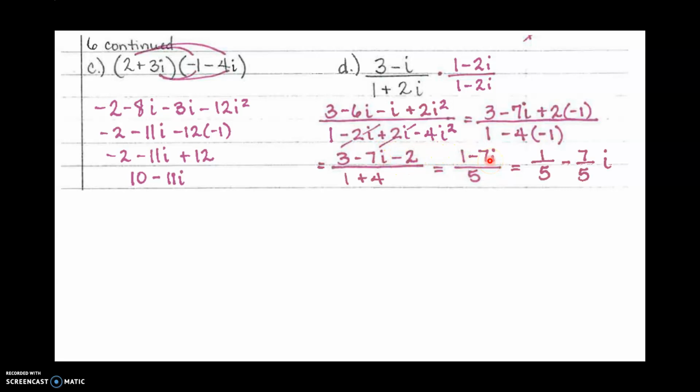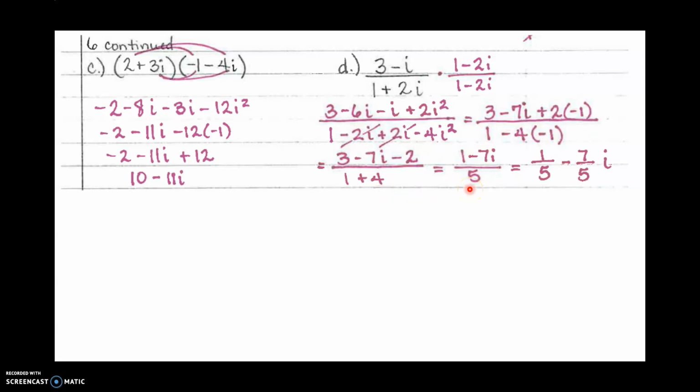All right, let's see about FOILing the denominator. So 1 times 1 is 1. 1 times negative 2i is negative 2i. 2i times 1 is positive 2i. And positive times negative is negative. 2 times 2 is 4. i times i is i squared. All right, so the negative 2i and the positive 2i drop each other out. i squared is negative 1, so negative 4 times negative 1 would give us positive 4, and 1 plus 4